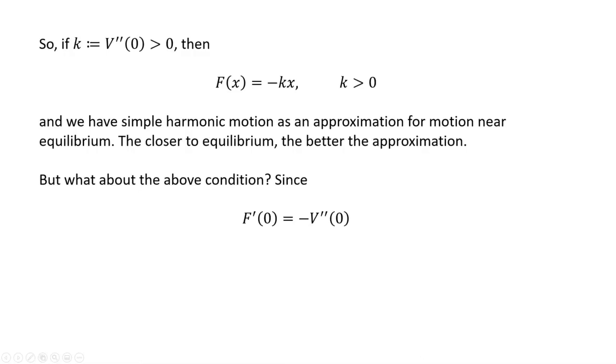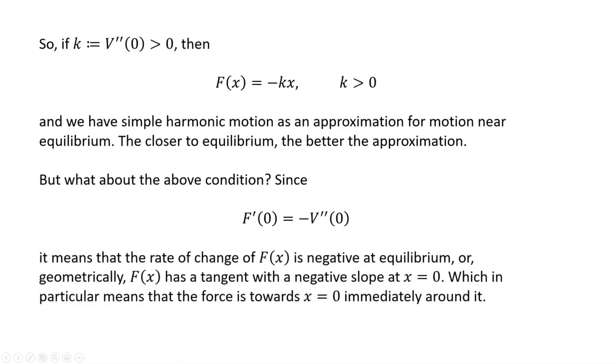Now, because of the way potential energy is defined, this term being positive means that the force's derivative at 0 is negative. And if you think about this geometrically, I don't want to get into this too much without looking at actual graphs, which we'll look at in the next scenario. But if you think about this a little bit in your mind's eye, you can deduce that the derivative, or the slope of the graph, is therefore negative at the equilibrium point. So that would necessarily mean that the force goes from positive to negative, from left to right across the equilibrium point, if rightward is the positive direction,